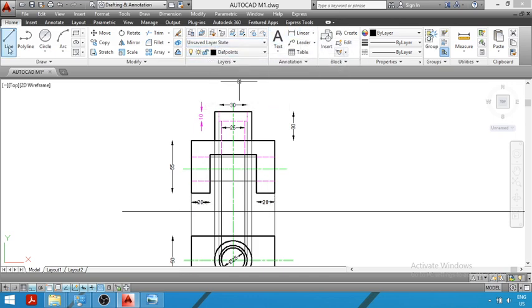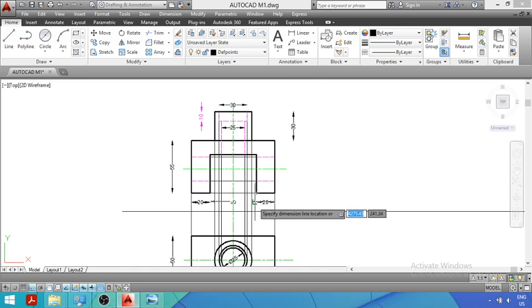Again in the next step we will give a dimension from this point to this point, and you can see here the dimension is equal to what, 40 mm. So I will give the dimension from this point to this point. The dimension is equal to how much, 50 mm, sorry. So the total length is equal to what, 90 mm, 20 plus 50 plus 20.